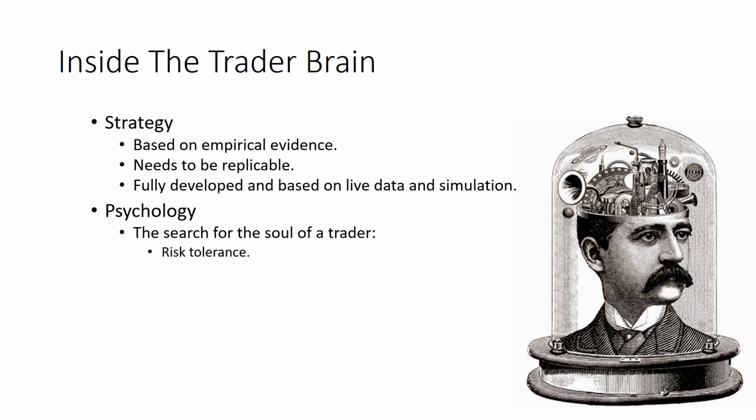So a very good strategy put in front of two people is going to behave very, very differently based on how much risk they're willing to accept. And this is really something that's different for everyone and something that very, very many trading educators and authors tend to overlook. There's something going on in everyone's head that determines where their comfort level is, what the sweet spot is in terms of how much risk that they're willing to accept. And the interaction between that and your trading has to do with a couple of things called fear and greed. And these interact with that risk tolerance, right?